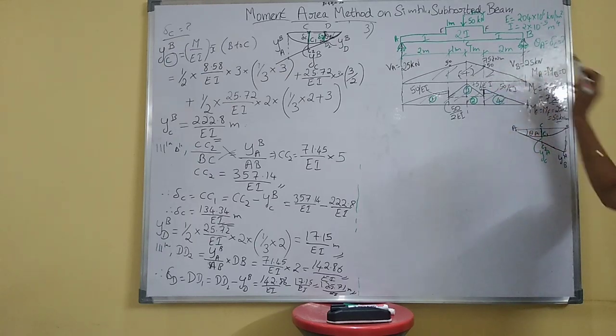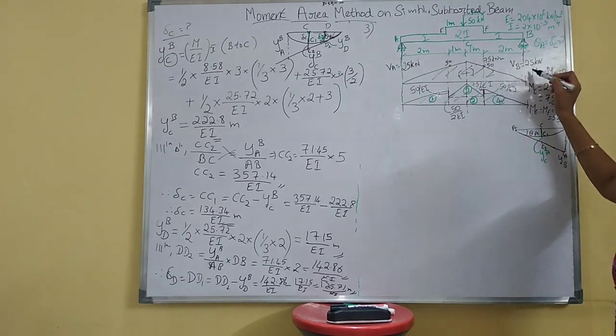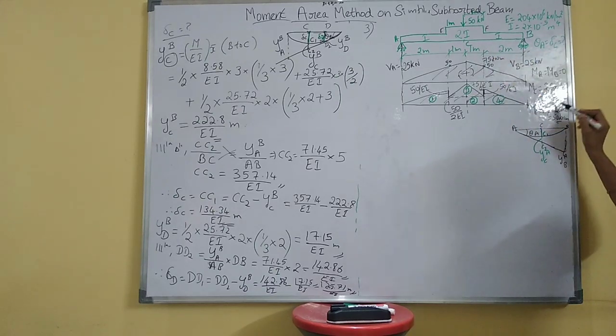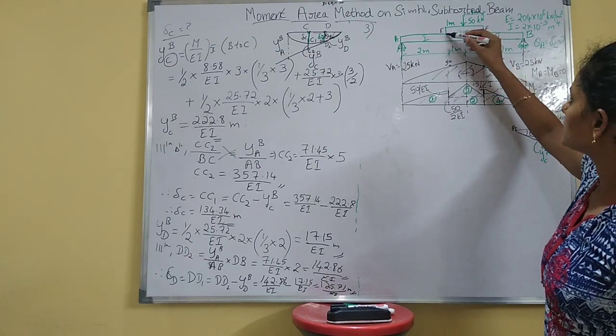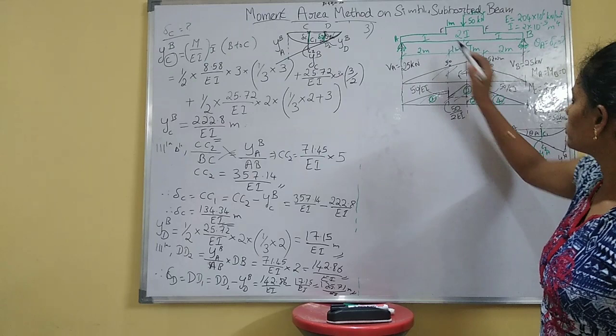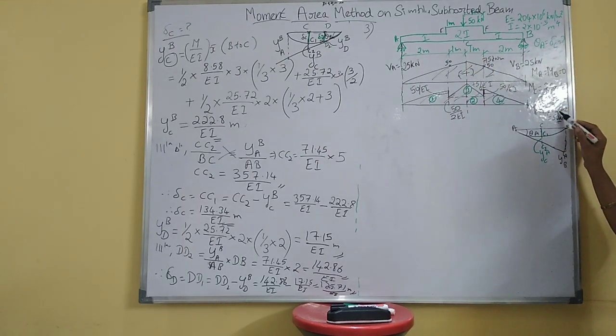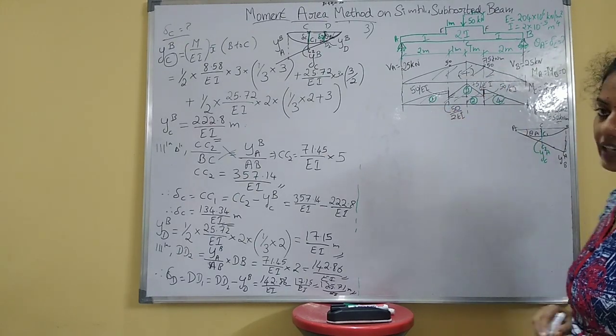So bending moment diagram, MA and MB equal to 0, MC is nothing but this is 25, so 25 into 3, that is 75 kilonewton meter, and ME and MF at this point, at this junction, you have 25 into 2 meter distance, so 25 into 2, so it will be 50 kilonewton meter. Next, draw M by EI diagram.